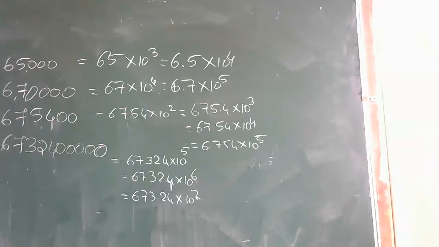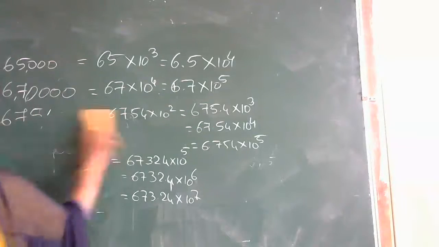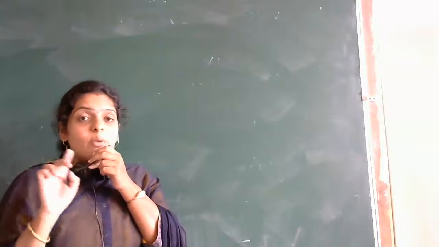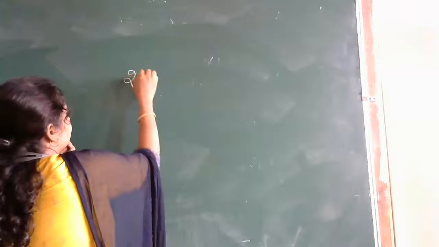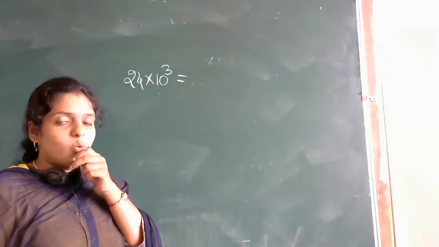Is it clear everyone? Correct? So I hope the positive terms, how to shift it, that you people understood. Now let us see if it is a decimal point. If it is a decimal point, how we are going to express, right? See, you should understand in vice versa form. Okay, vice versa form means if they have given you some numbers like this, suppose if it is given like this, what you will write the answer?